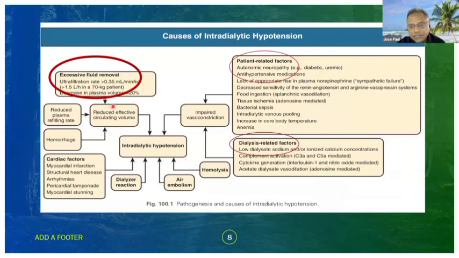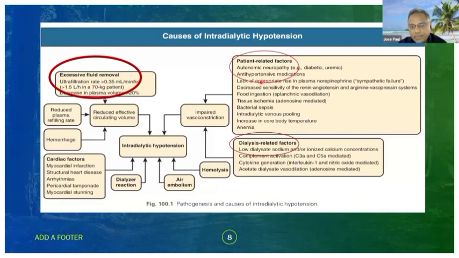So just concentrate on the circles which I have drawn. The most common cause of hypertension is excess fluid removal. There are certain other causes, like patient-related causes. One of the most important things to remember is whether the patient is on antihypertensive medication. Suppose a patient has taken the full course of antihypertensive medication prior to dialysis, then that patient is more likely